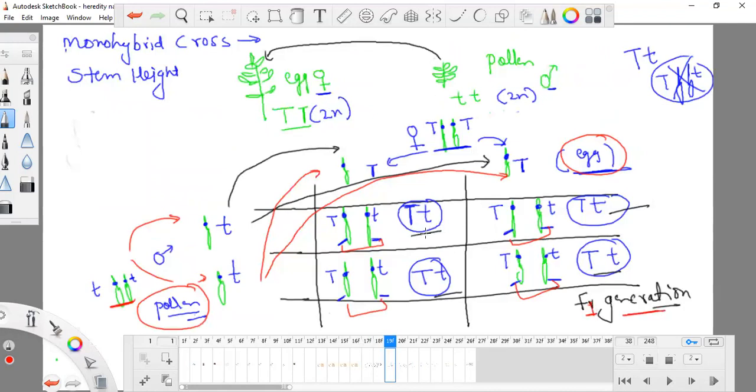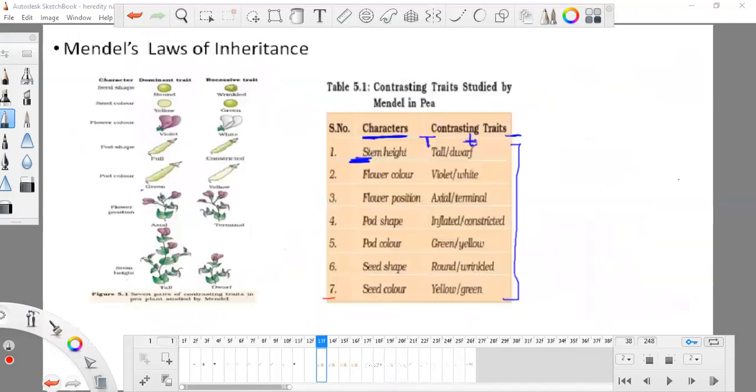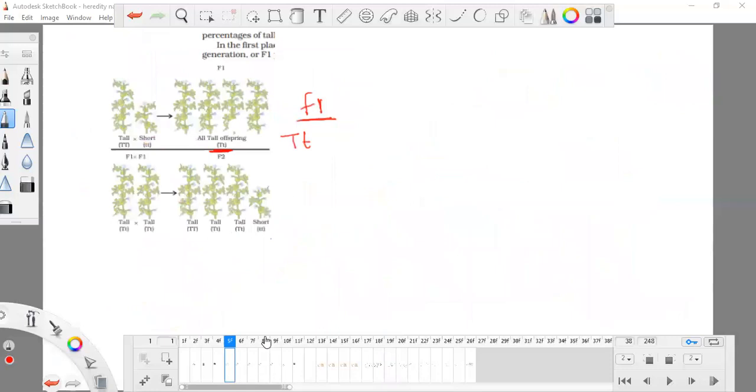They will be tall, but they are not pure tall, that is, they are Tt in the F1 generation. And in the F2 generation, you can see these three are tall. Okay, and these